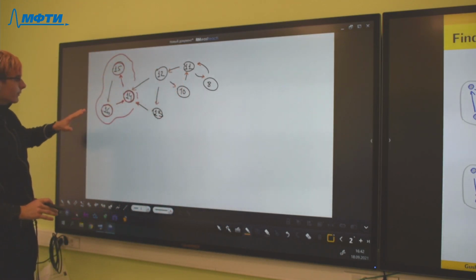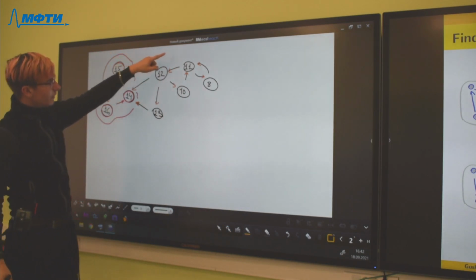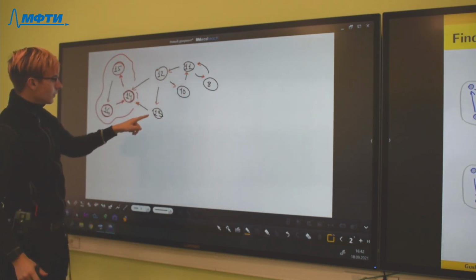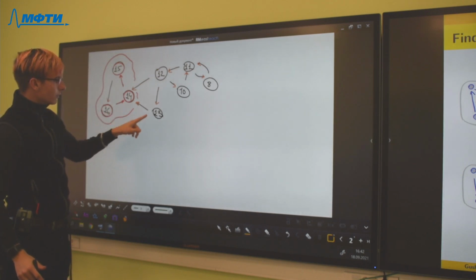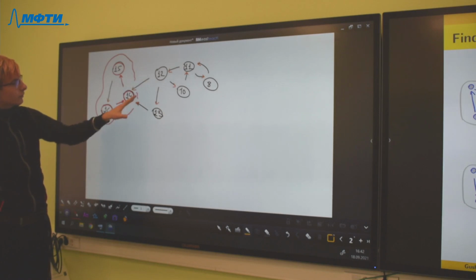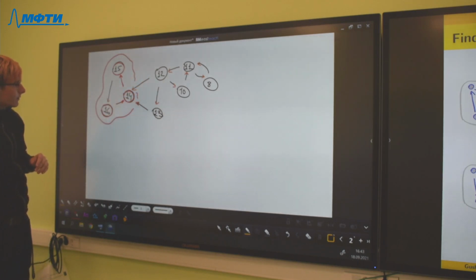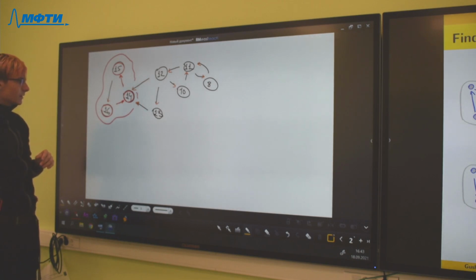Then we can forget this part of the graph and see that 13 is the biggest number of the part that we haven't covered in the first step.